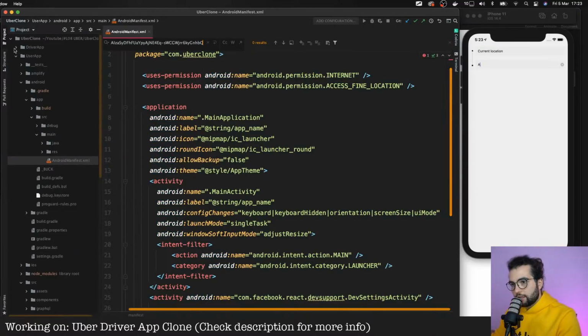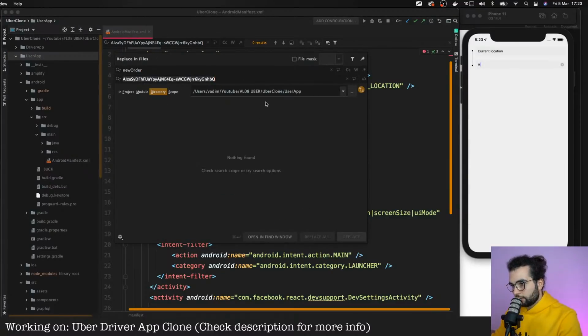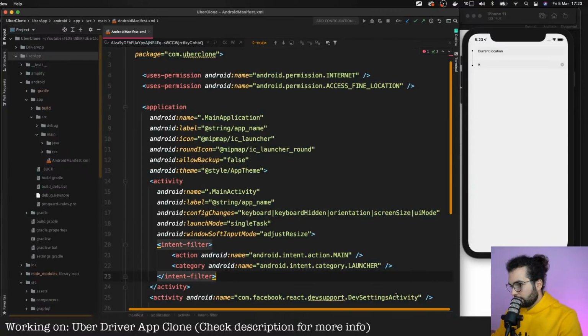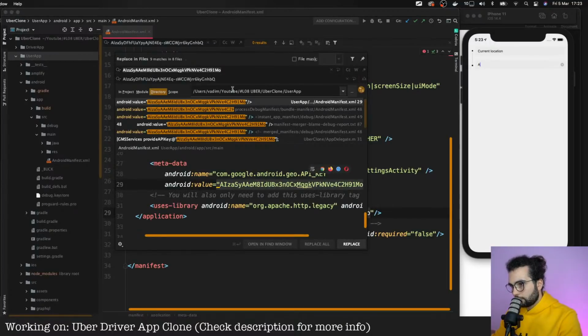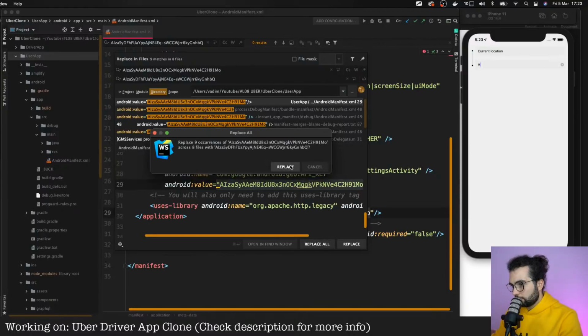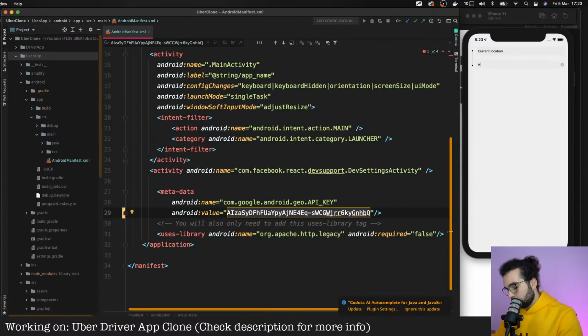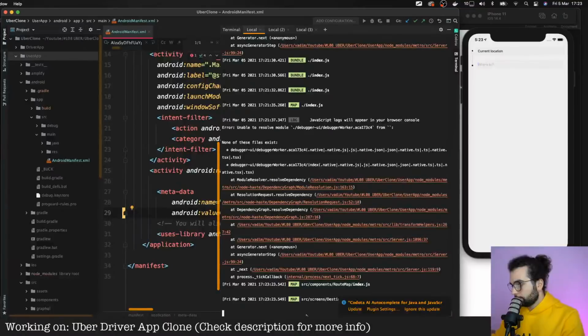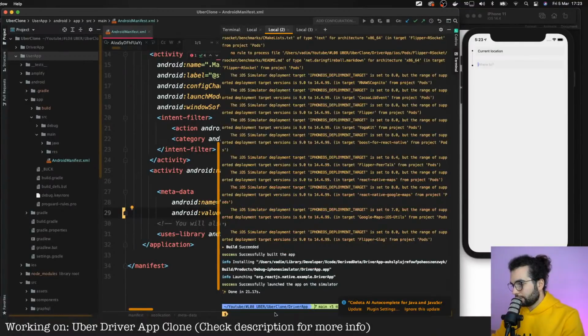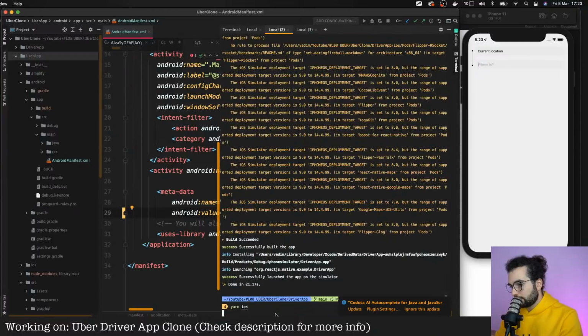No, it's not the same. That means that I'm gonna go and replace all with this API key, and the old one is from here. Let's hope that that's replace all. Let's save. I think I have to do again yarn iOS.